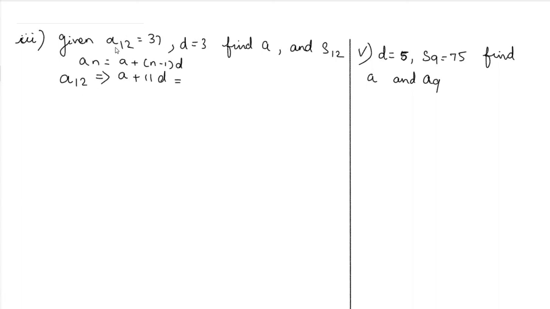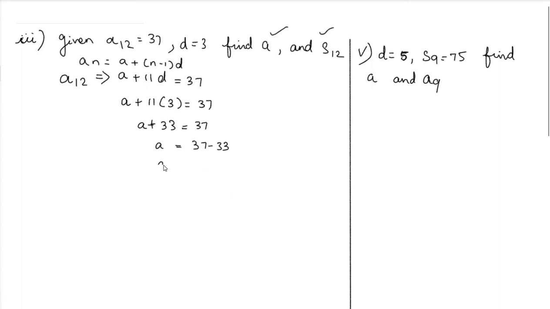A12 is given as 37. We don't know A, so I am writing it as it is. But we know D, which is 3, so instead of D I am writing 3. So A plus 11 into 3, which is 33, is equal to 37. So I am going to write A is equal to...